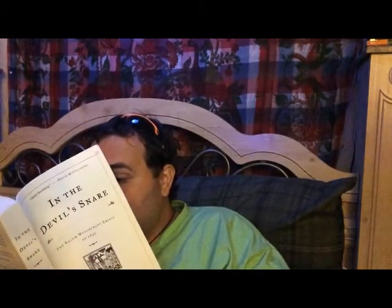This is the introduction. Let me read you the introduction. It says, Salem. The word alone evokes persistent images in the minds of 21st century Americans. Sorry, there's not enough light in here. The misogynistic, wow, that's a word, persecution of women, hysterical girls telling tales of being tormented by specters, falsely accused witches, bravely refusing to confess, erroneously women being burned at the stake. Few other events in colonial American history have so fascinated modern...